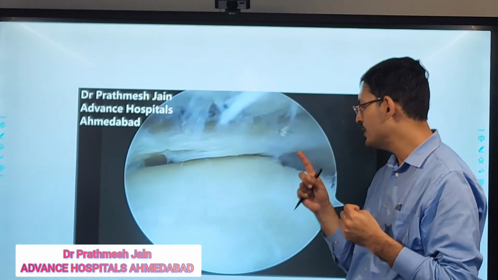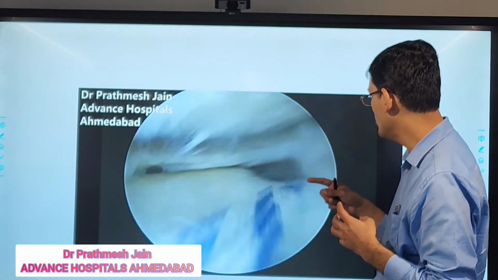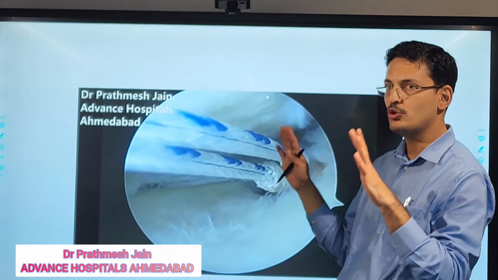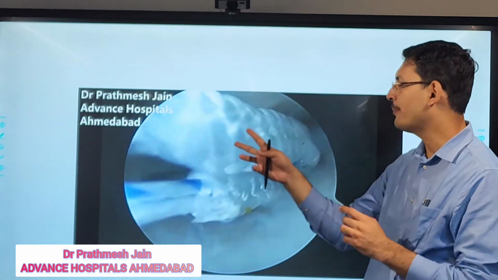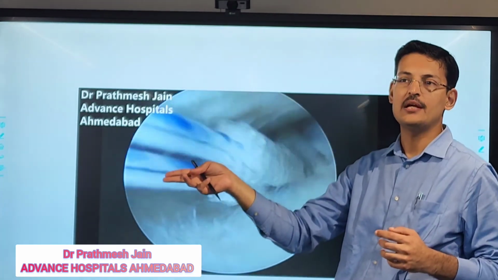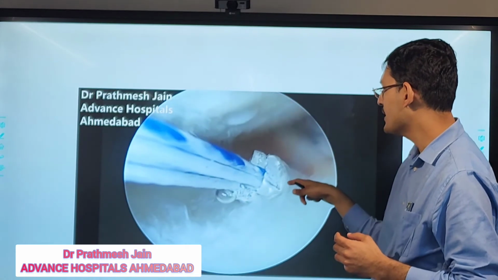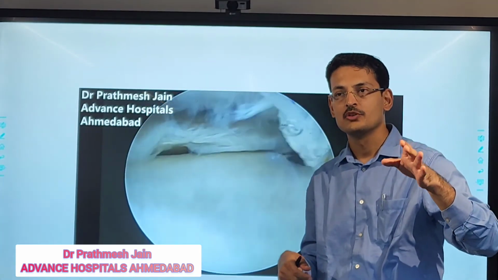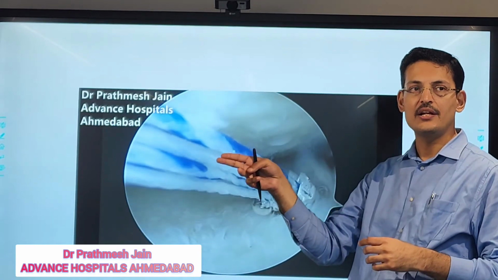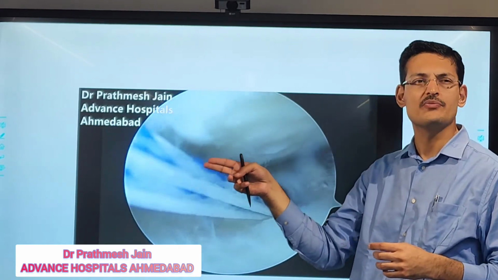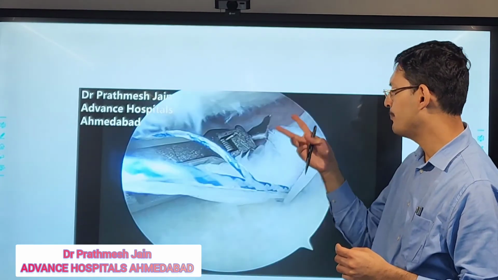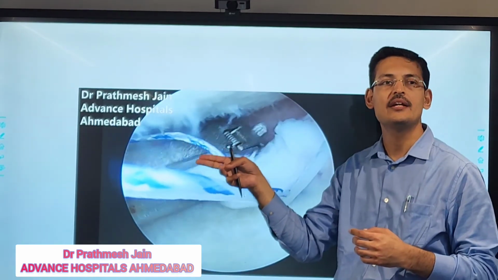The only thing you need to take care of here is, after the loop, you load the root fix anchor like this. This is the point where you have to stop, and then you have to apply an artery on the anterior part, because this is a unidirectional anchor. If you pull it very hard, the anchor will come out of the tibia. So you have to put an artery anteriorly so that it will go only 1 to 2 centimeters deep, and not more than that. This is an important step, putting an artery on the anterior part of the portal.